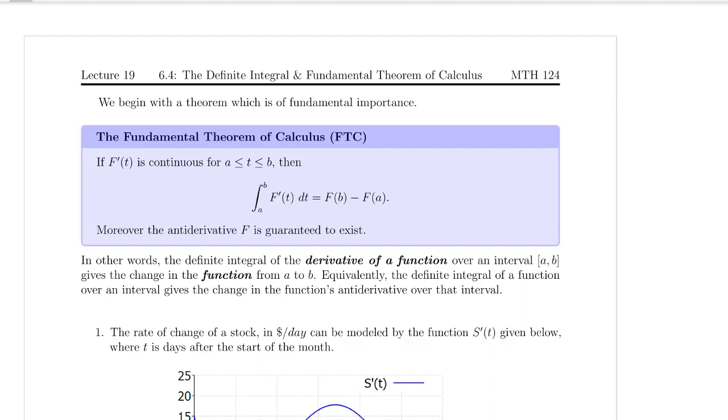Hello and welcome. This video will cover section 6.4, which as you can see has to do with the fundamental theorem of calculus. So you can see in the purple box that theorem, so go ahead and read through that. On the left hand side, what this is doing is connecting integration, which we've been talking about. So the integral from a to b of this function f prime, whose antiderivative is f on the right hand